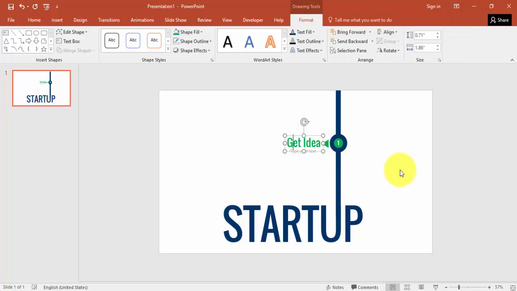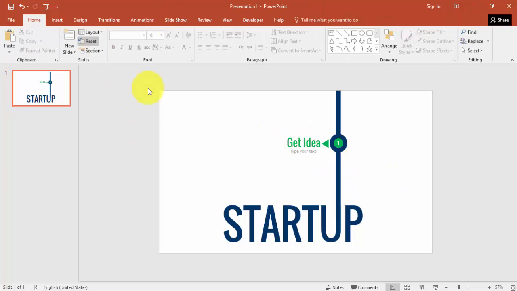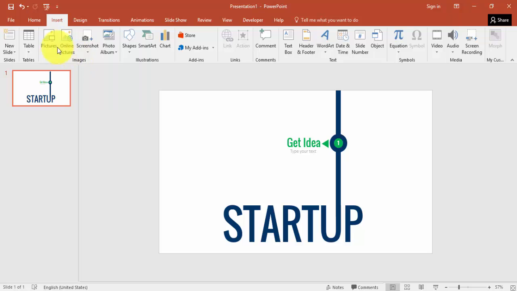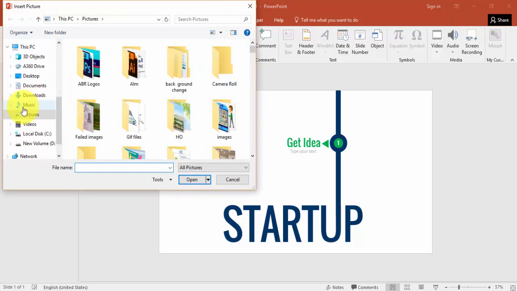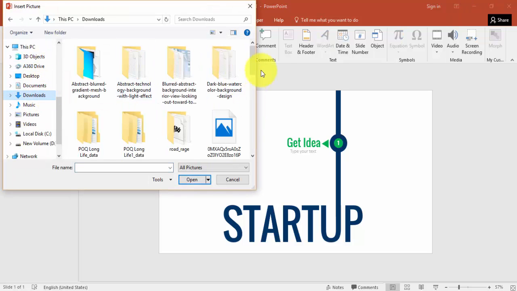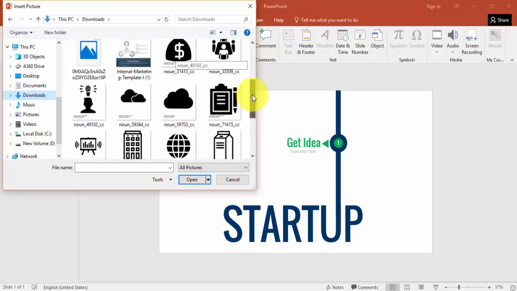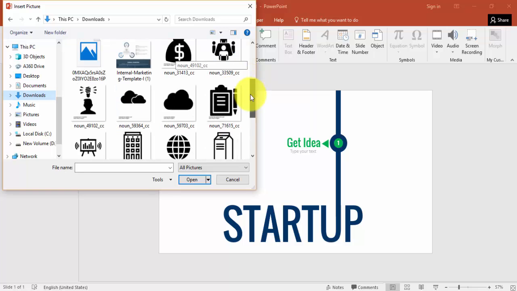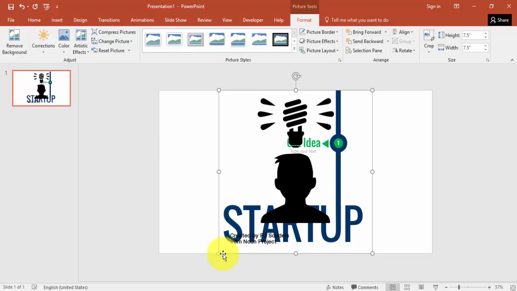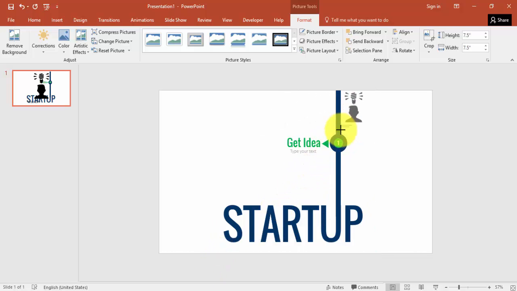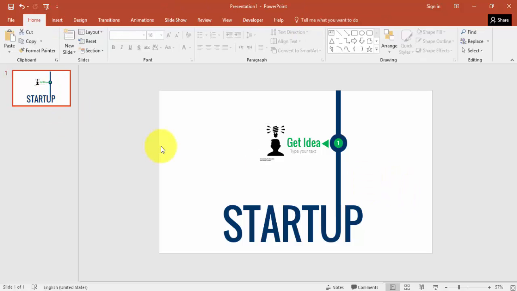Okay, and if you have an icon, you can just insert the icon. For example, if I have the icon which I have downloaded from, say, this one, alright, you can just put it here. The next one, I'm going to press Ctrl D and make a duplicate copy of